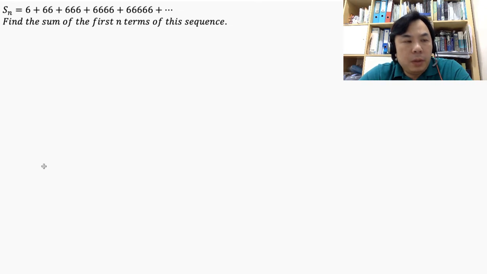So here we are given the sum of n terms that involve these numbers, given as 6 plus 66 plus 666 and so on and so forth. We need to find the sum of the first n terms of this sequence. Now, we may not be able to recognize or make use of any standard